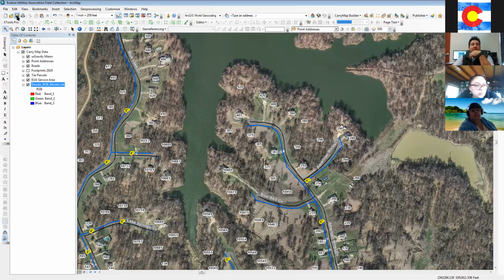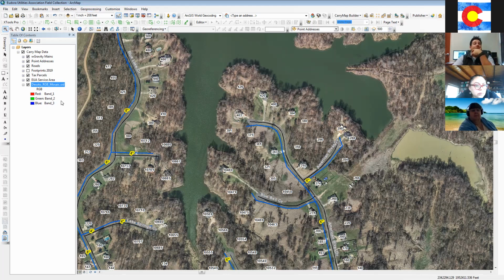You save that CarryMap or save that MXD, and whenever you have to push out an update, all you have to do is open the MXD if you're editing that data set. But if you create a new data set, you're going to have to do the same process by deleting fields and moving stuff around. It's not, like I said, the most beautiful workflow in the world, but